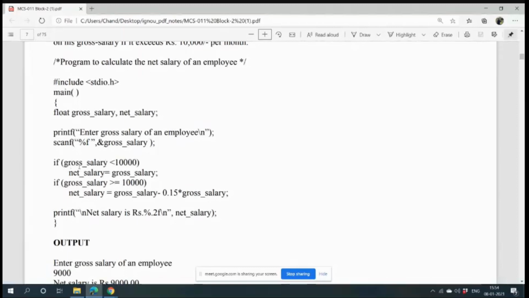Now the if part. In each part there is a condition: gross salary less than 10,000, then net salary equals gross salary. And if gross salary is greater than or equal to 10,000, then net salary equals gross salary minus the deducted tax. Now one thing you tell me: